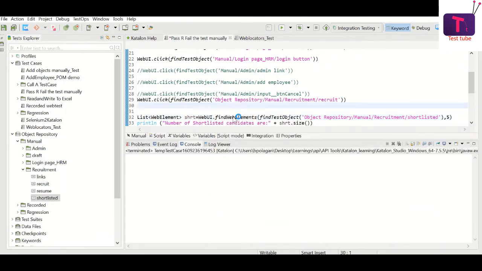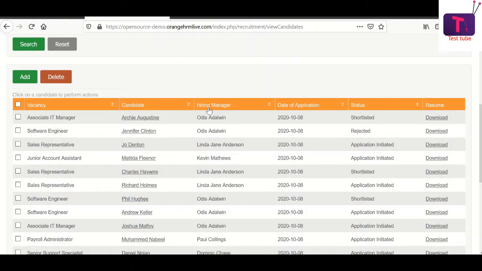With the help of these keywords, I'm going to find the list of candidates who have the status shortlisted. So here I have to identify that object. I have already done that. How to identify an object using Katalon is something you can find in my other video. I'm not going to discuss it now.